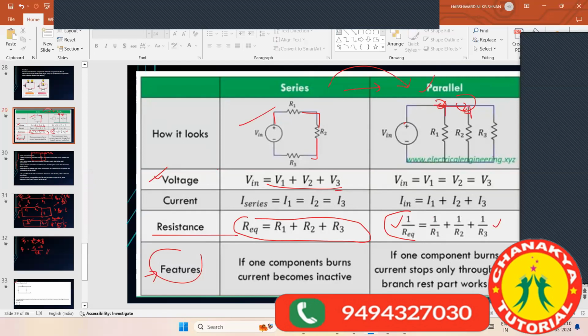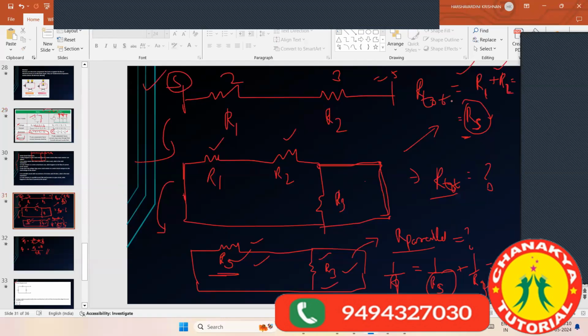Because the current gets varied, see here, a partition is coming, partition 1, partition 2. So our resistance will not be the same every time. So 1 by R1, it is the reciprocal of R: 1 by R1 plus 1 by R2 plus 1 by R3. That is why this is a parallel connection. RS and R3 are in parallel. Initially, they were in series connection, so we just added them like R1 plus R2. But later I have added R3, so it got converted to parallel connection. So finally RS and R3 are in parallel connection.